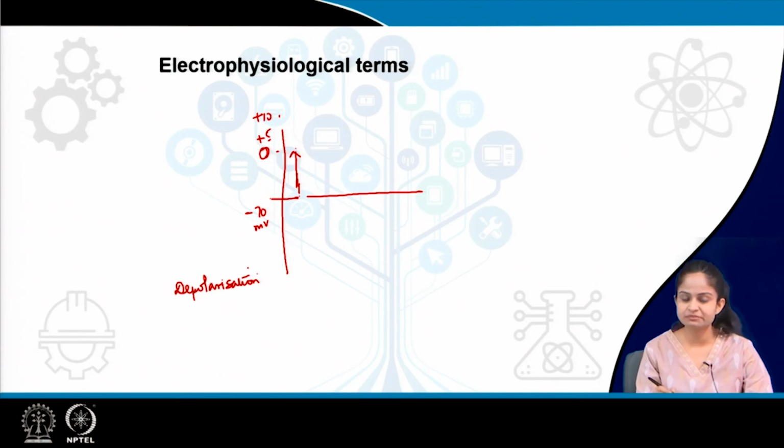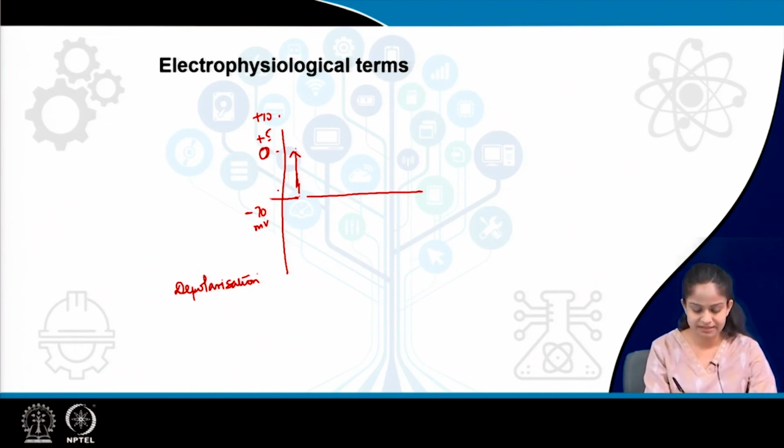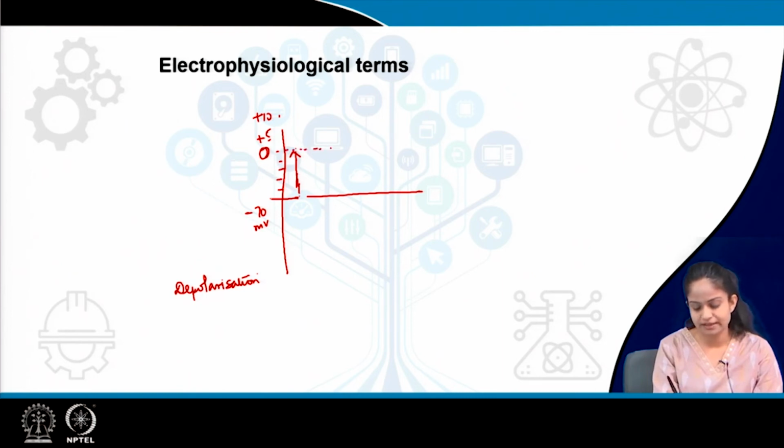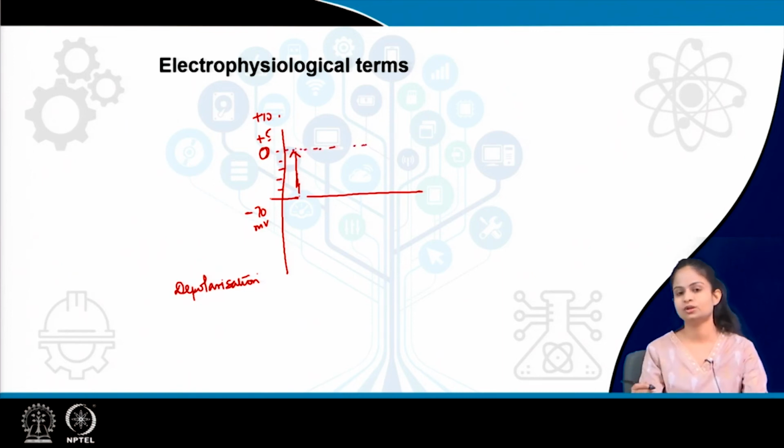That means the resting membrane potential is moving from the negative towards the positive side. That means from -70 millivolt, it is moving towards 0. It is -60, -50, -40, -30, and it will move towards 0. Now, 0 is usually considered the isoelectric voltage or the threshold voltage. Usually at this point, the depolarization is at its peak, and more influx of cations will result in further depolarization,